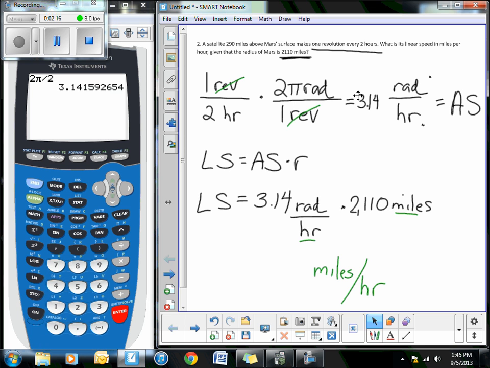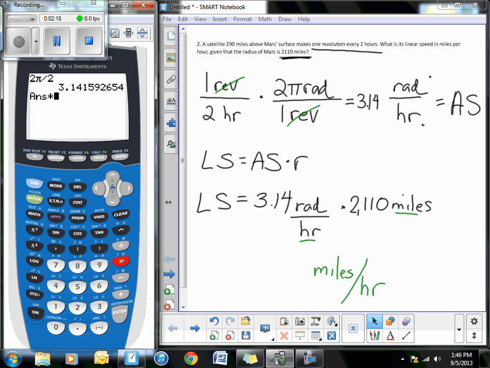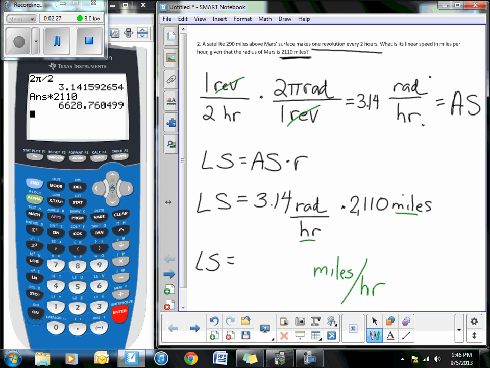So I just need to take that 3.14 or pi times 2,110. And I've got 6628, as you can see. So my linear speed will be 6628.76 miles per hour. Okay. I double check. I see that they want my linear speed in miles per hour. So I know that this particular answer is in the correct